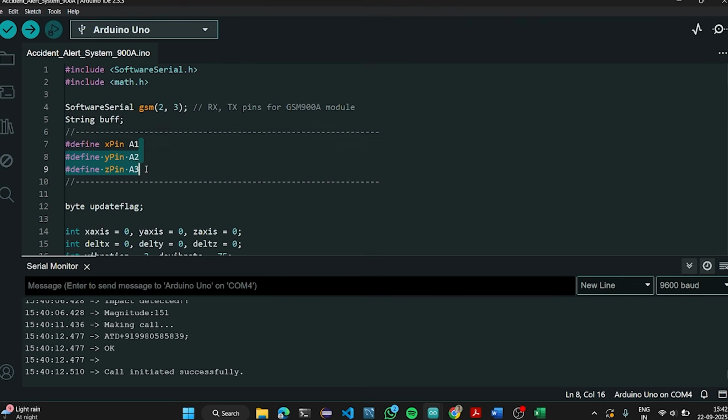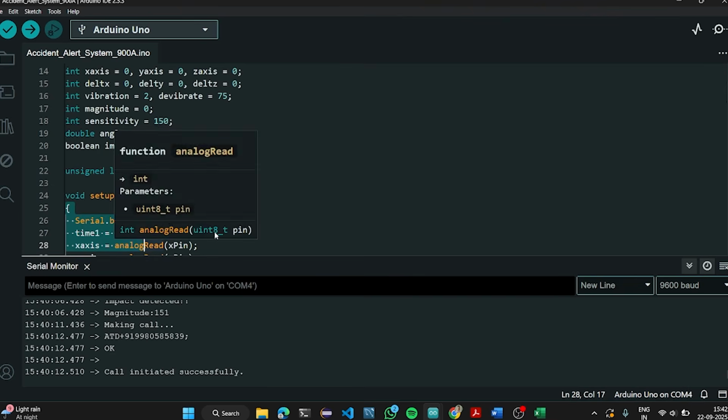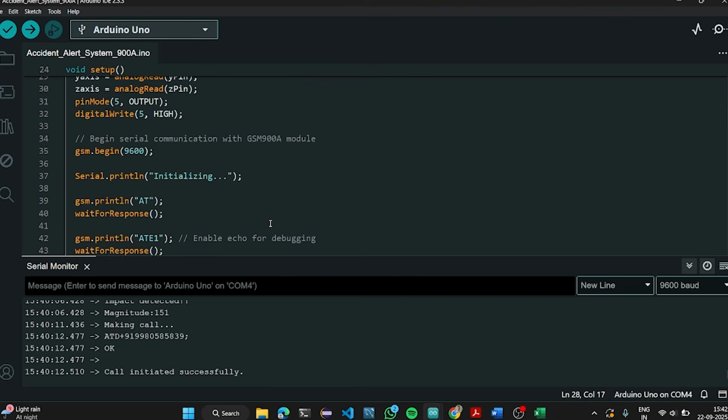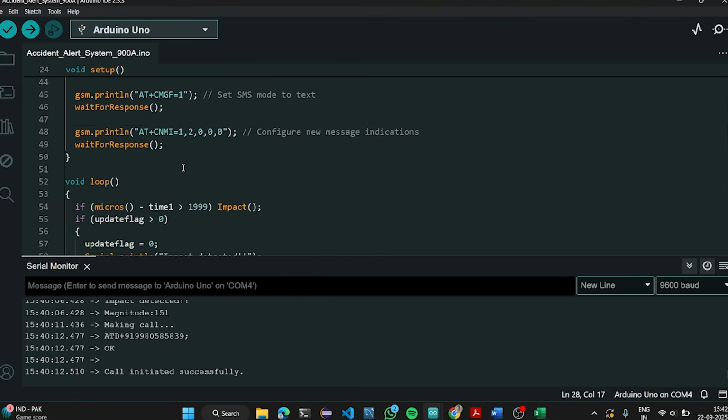Similarly, this is the connection for the ADXL335 accelerometer. The X pin you need to connect to A1, the Y pin to A2, and the Z pin to A3. After the connection, this is all the logic, with the baud rate of 9600. As soon as all the AT commands are initialized,